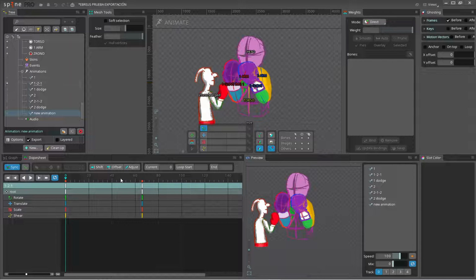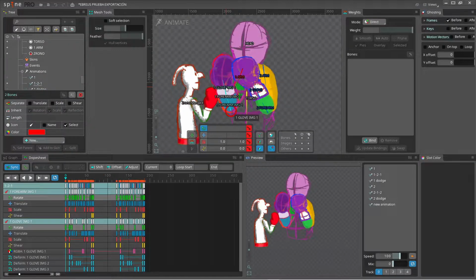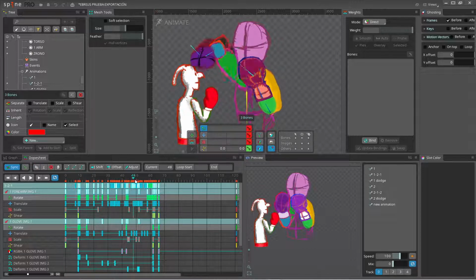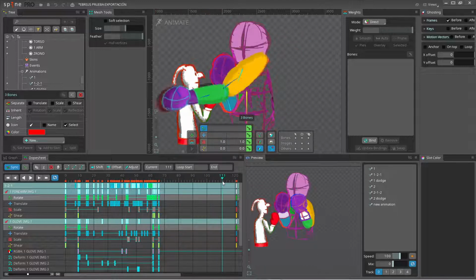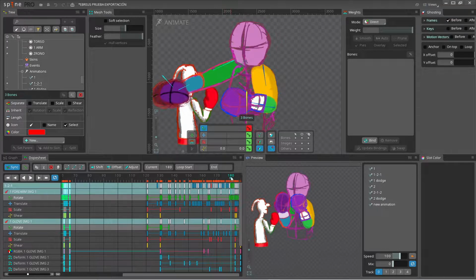So as I told you in the last video, I'm doing a kind of boxing game prototype, and I'm roughly doing the animation to see the timing of the player to dodge the punches and these things. The thing that I find is, for example, I sometimes have to repeat animations like this one. Okay, this is like one punch, and then it makes two and then makes another one. Okay, but here is okay because